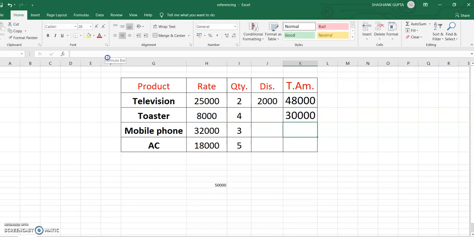Okay, 8,000 into 4 is what? 32,000. After deducting 2,000, the remaining amount will be 30,000.